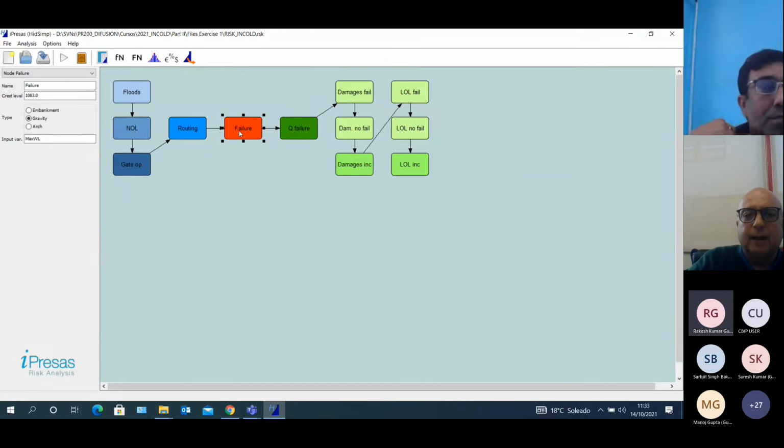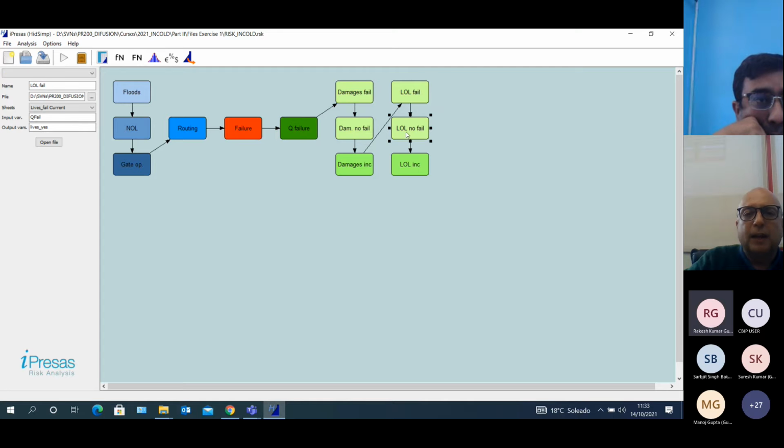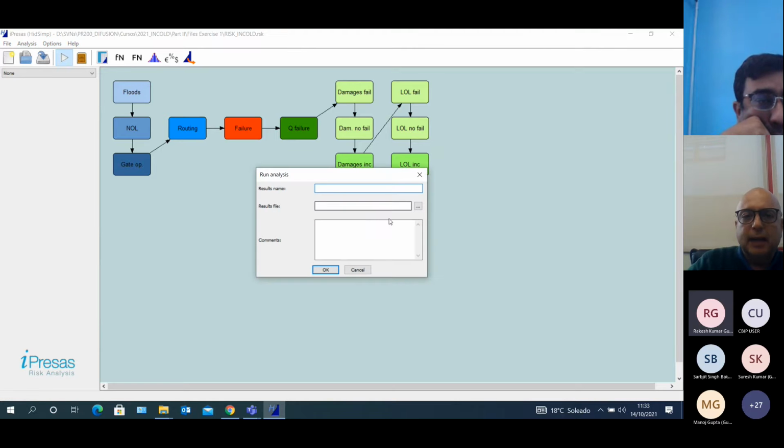It's a gravity dam. Because the discharge, if it breaks, is the same, and damages and loss of life are the same because nothing has changed physically downstream. Okay? Then we run it with the new input data, and we call it measure